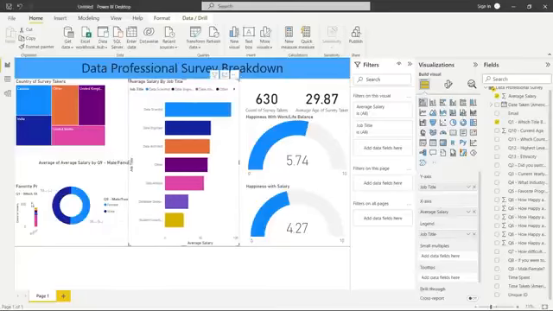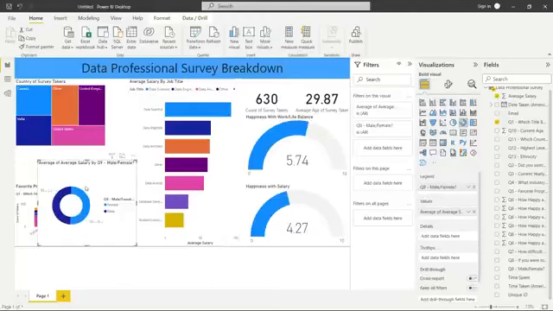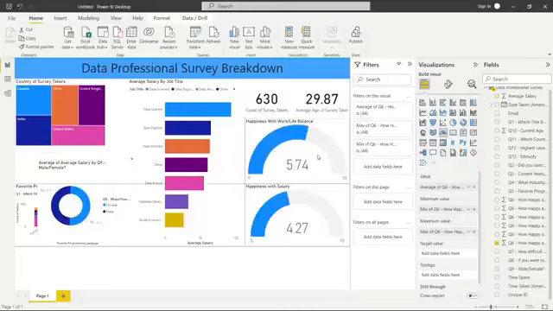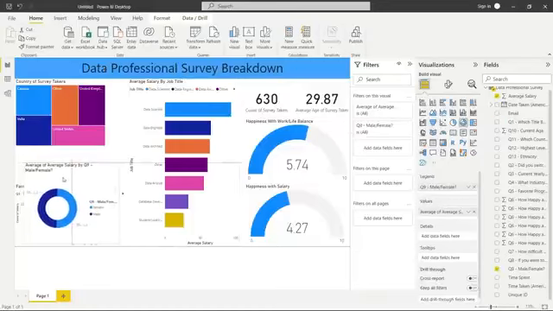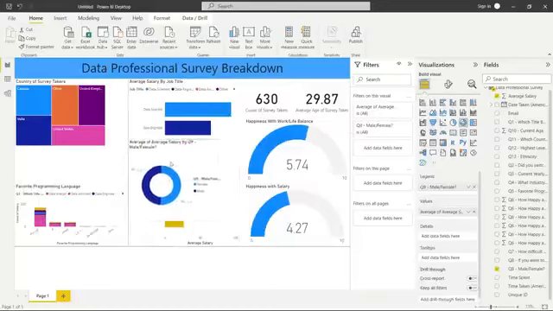I added a few different visualizations that I didn't have in my original. So now I'm kind of having to do this on the fly. So I might fast forward some of the parts where I'm really thinking about it or taking too much time on it. But I'm going to bring this down a little bit actually, because I don't like how close that is to the text above it. But one thing we do need to do,